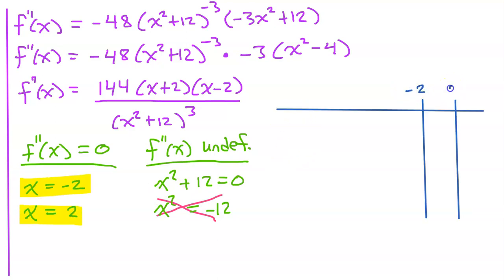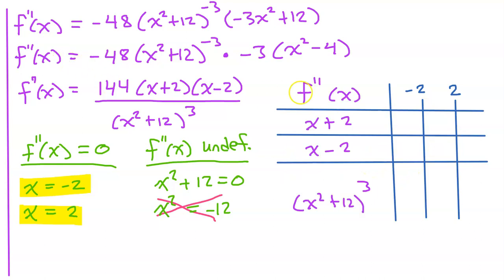So here are the 2 special numbers in order on the number line. We have 3 factors to consider, so I'm going to put 3 rows on this sign chart. Make sure you label your sign chart as f double prime. We must determine whether these factors are positive or negative in each interval. X plus 2, if you set this equal to 0, you get negative 2, so that's sort of the cutoff. This expression will be negative for values that are less than negative 2